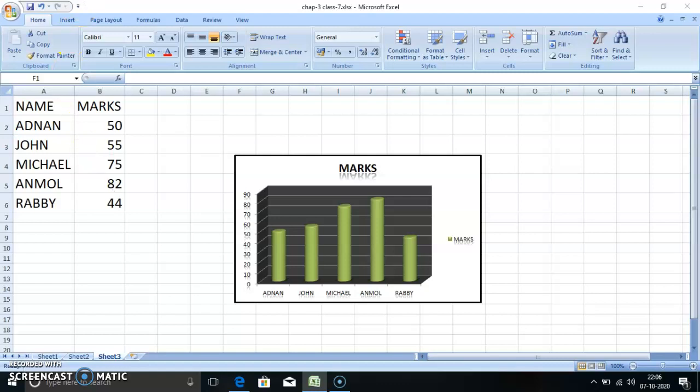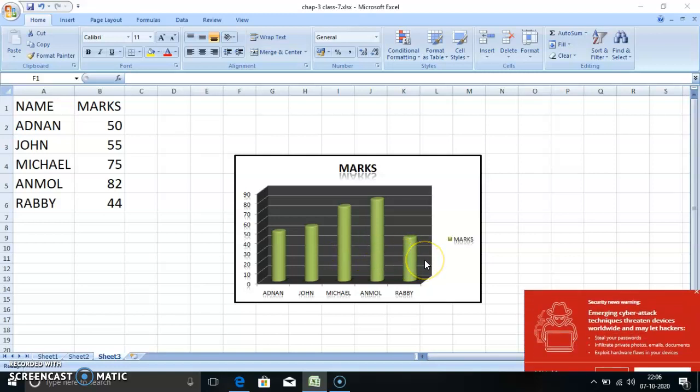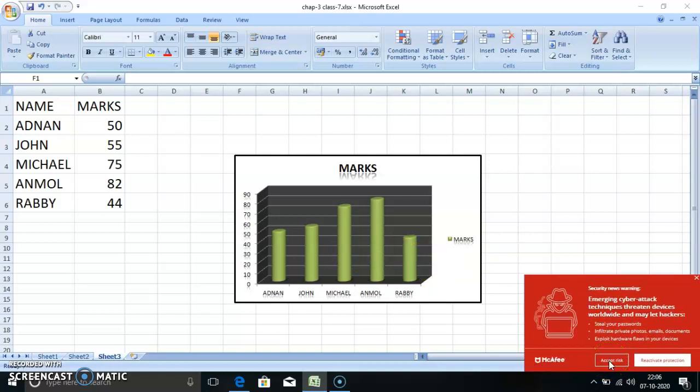Now many things are there inside the chart, like this is called the legend. This square box represents the legends. That means this green cylindrical part shows the marks of the particular students. Like, how many marks will Adnan get? 50 marks.